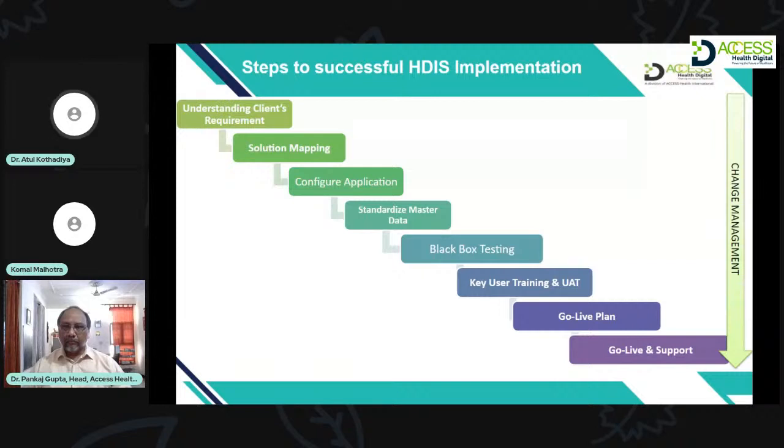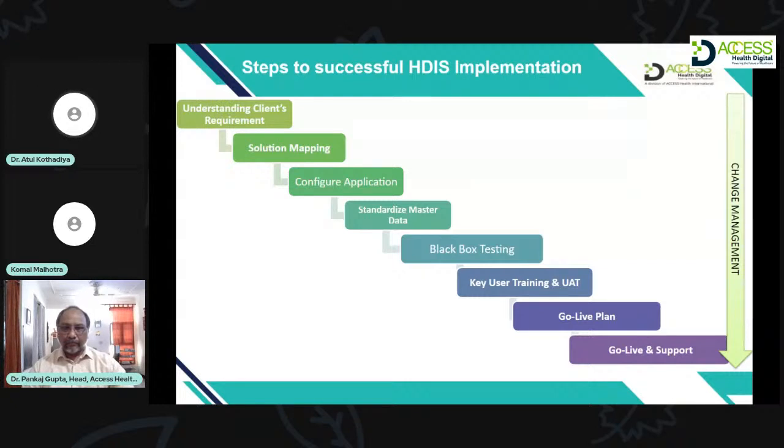Now, going to the go live date, once you are live with the new software, whether it is in a phased manner or a big bang, you're live on the new software. Then starts your post go live support, where a big role is played by champion users who are already trained on the software. So they will keep supporting their team members during this phase. Of course, the vendor will also be part of your post go live support, where he has his own resources in the hospital, right? So this is all about the